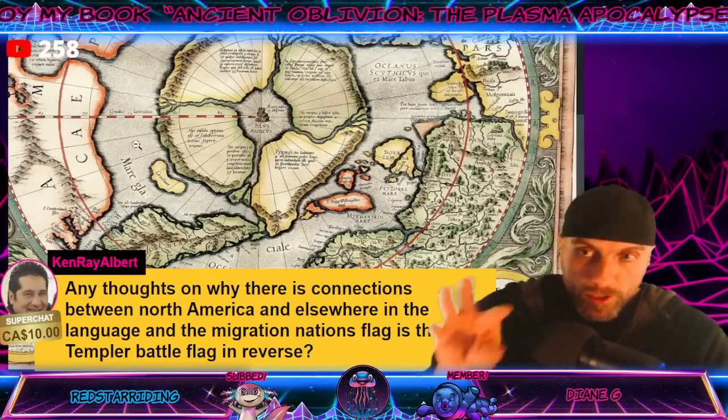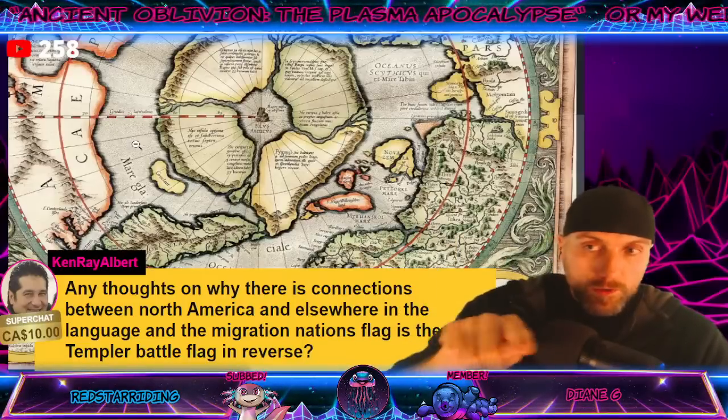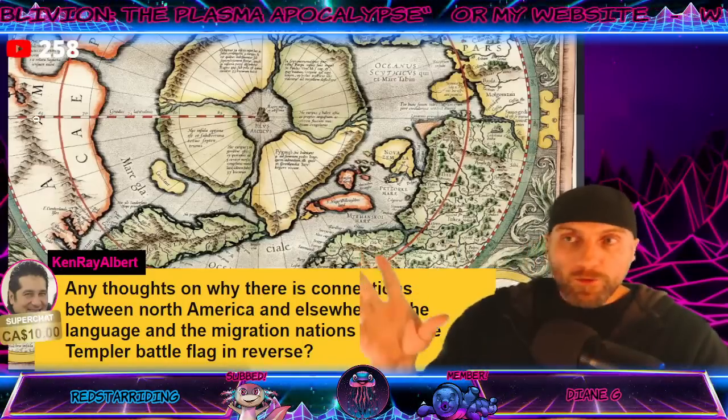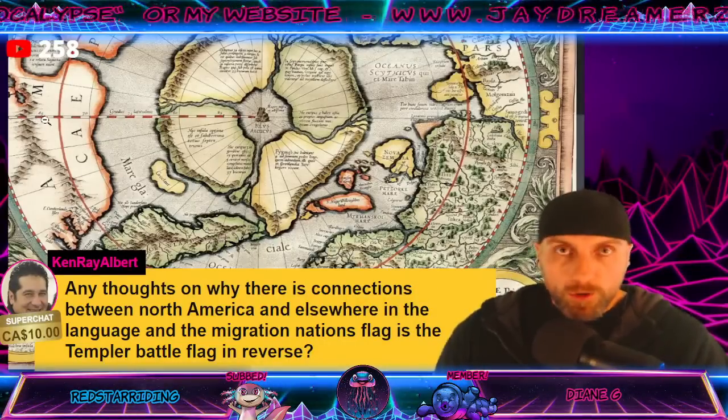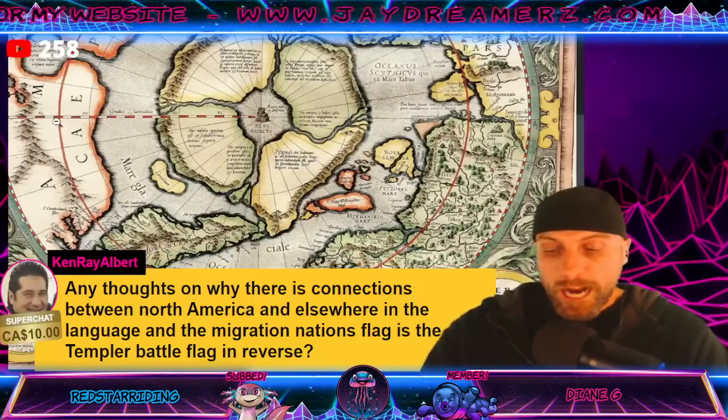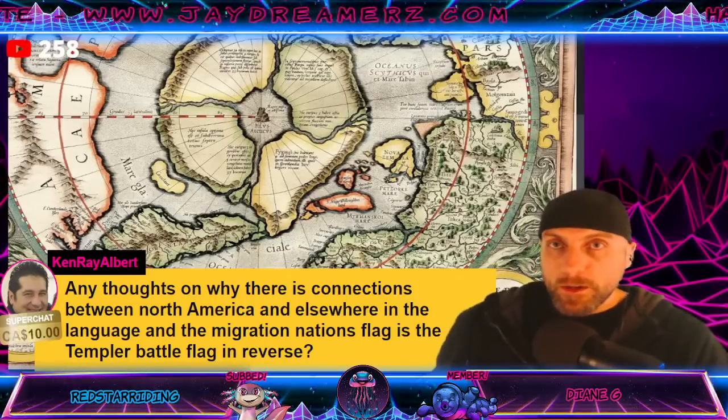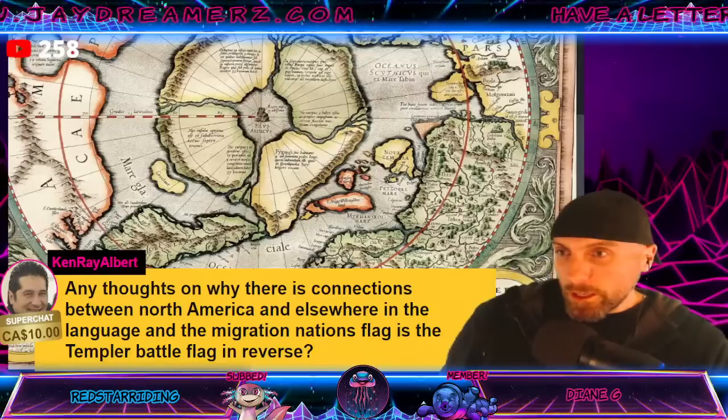So the closer to the north, even if it's in a circle and it's like Russia over here and America over here or whatever, the more similarities we're going to see, especially within tribal cultures, islander cultures and things like that. And then elsewhere in the language and the migration